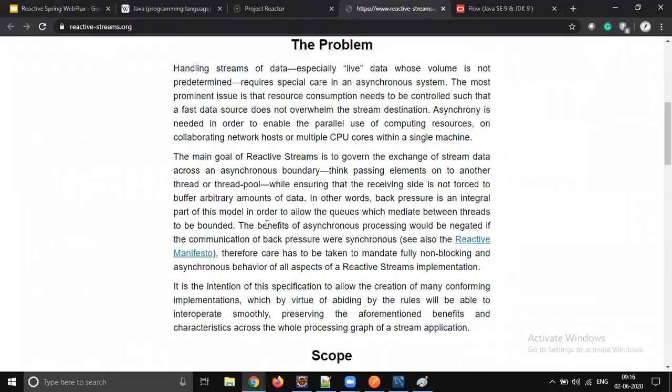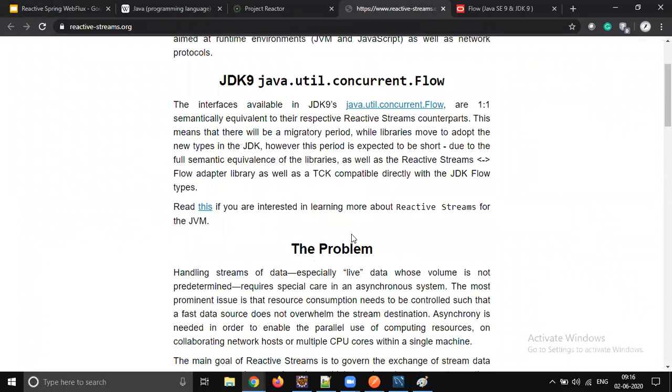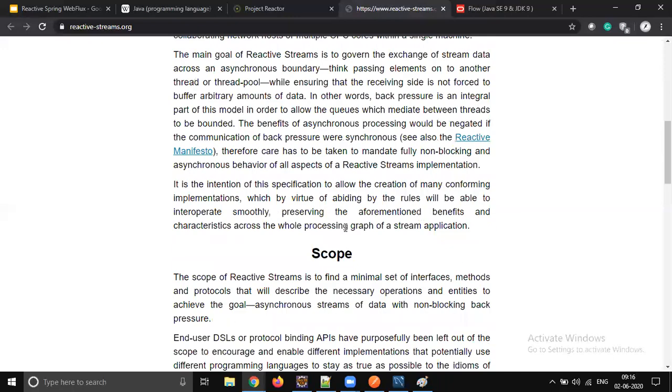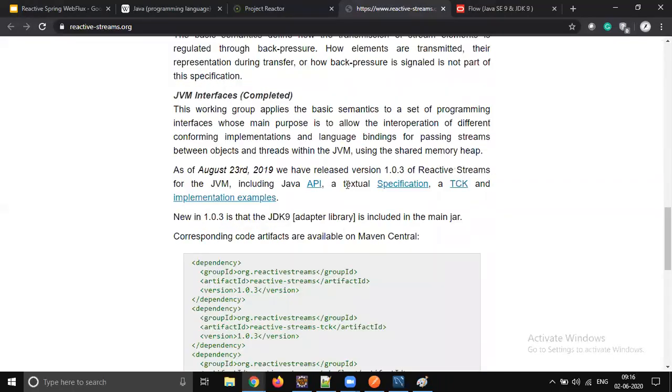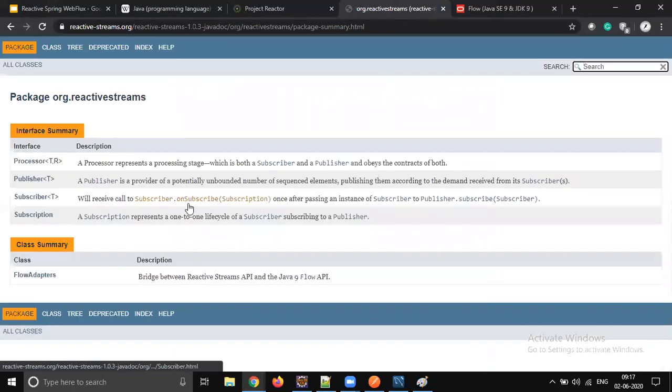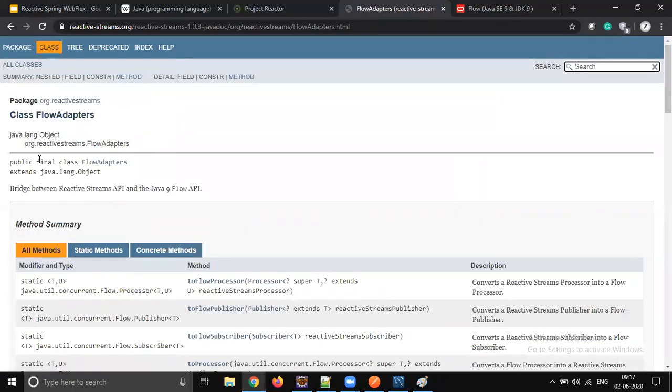If I go to this documentation, there are new classes introduced in the Java API called flow adapters. These flow adapters take care of converting the Java Flow API.